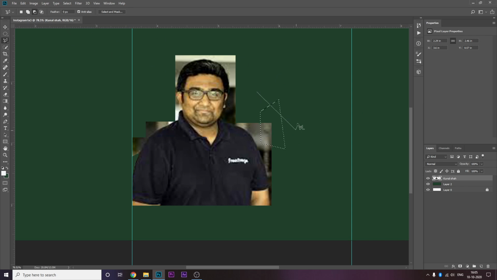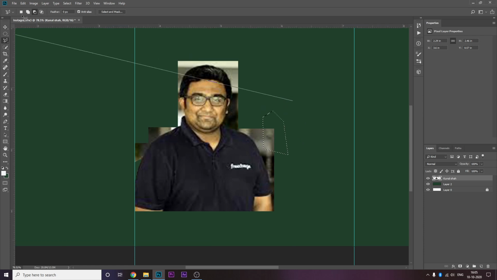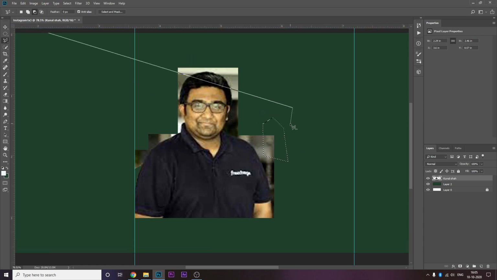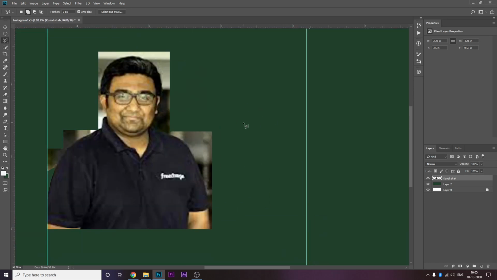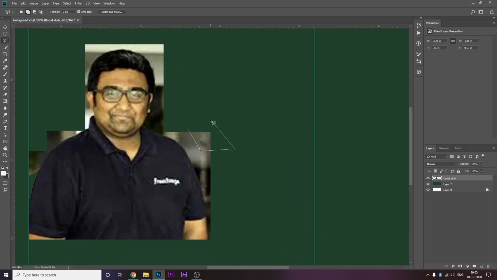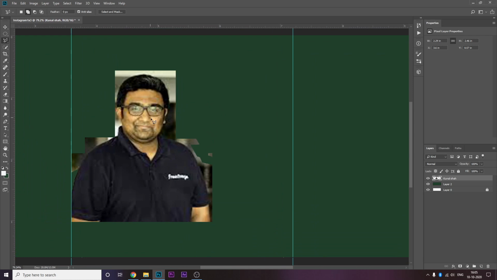I mean, now that you do this, it will reduce. Okay, sorry, so keep it on add. So if I do this, then I want to add a bit of this, and then add a bit of this. So that happens. This polygon is used for click, click, click, click, and now that it's over, double click and then delete.